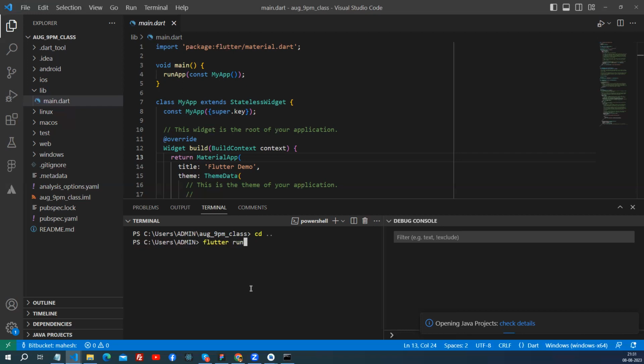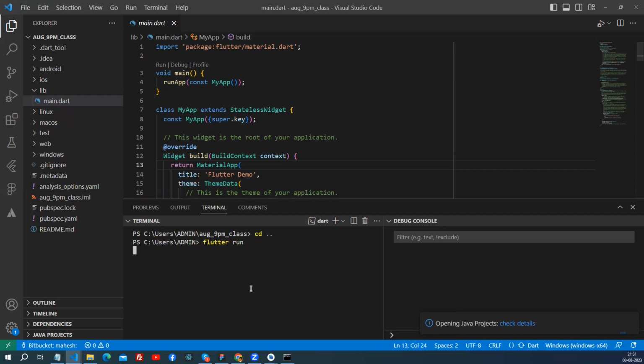Okay, if I run this command in the admin folder, you'll get one error. Most of the people did the same mistake. A particular Flutter command we need to run in our project folder only, not outside of the folder. Outside of the folder, this error comes: no pubspec.yaml file found. That is, you are trying to run the Flutter run command in the admin folder, not in the project